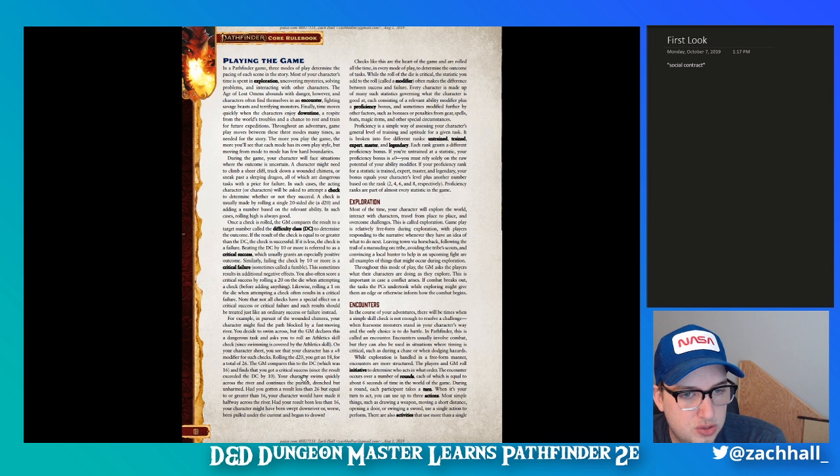You end up getting a total of 26 on your roll. That is considered a critical success because it was 10 or more than the DC. So your character swims quickly across the river, drenched but unharmed. Had you gotten a result less than 26 but equal to or greater than 16, you would have made it halfway across. And if it had been less than 16, you might have been swept downriver. Okay, cool. So you have a modifier